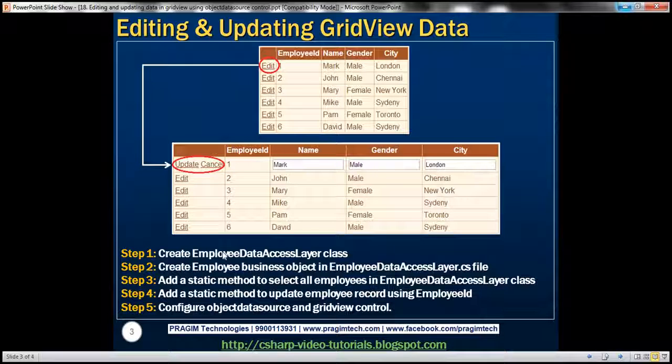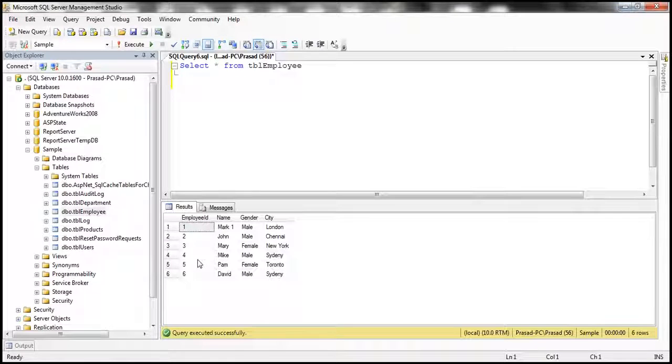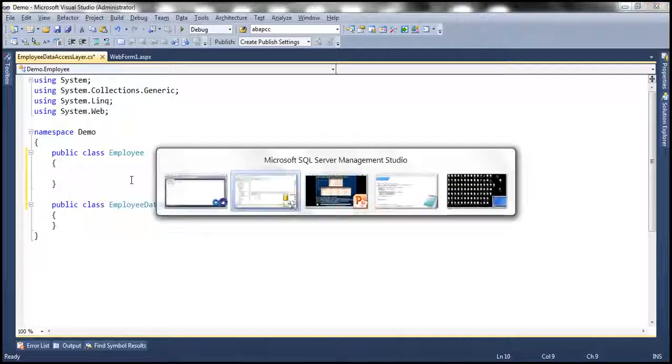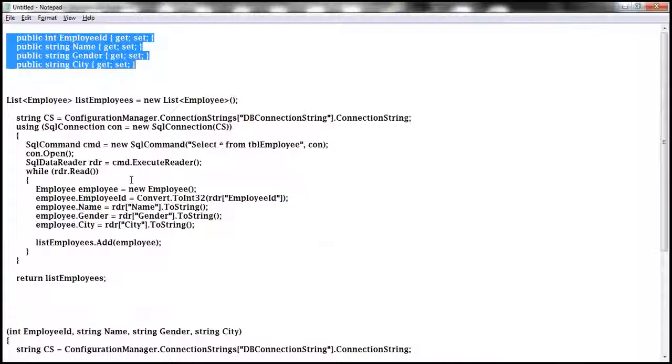And obviously this employee object is going to contain employee ID, name, gender, and city properties, because if you look at the table, those are the columns, and to represent those column values we need properties in employee class. So let's go ahead and add them in employee data access layer .cs file. So I'm going to call my class public class, and let's call this employee. And just to speed things up, I have typed the properties already, so let's copy them and then paste in